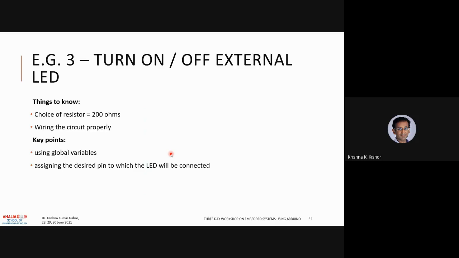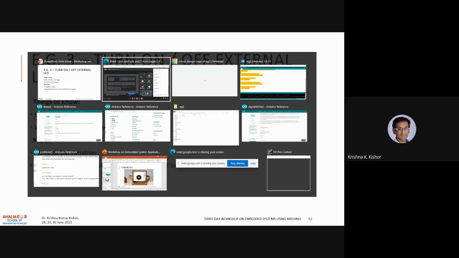Another thing is we'll be using a resistor. This is quite common. Why we're using a resistor is because we want to limit the amount of current. If you don't have a resistor... I didn't include the circuit diagram. I should have, in hindsight. But if you draw a basic circuit diagram, what is going to happen? Let's see if I can draw it. Just give me 1 second. The basic circuit diagram that we are going to draw is